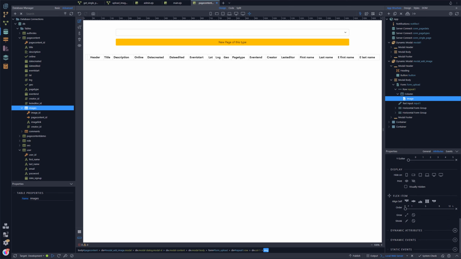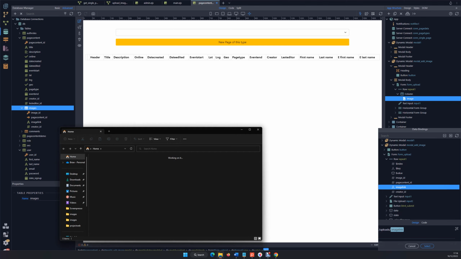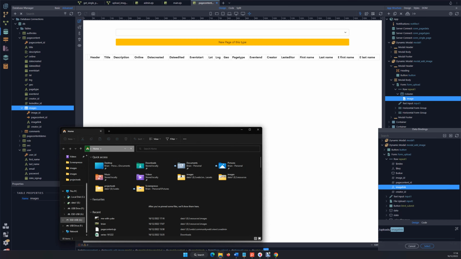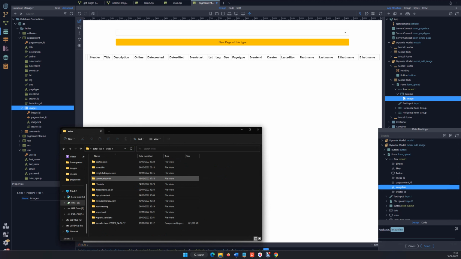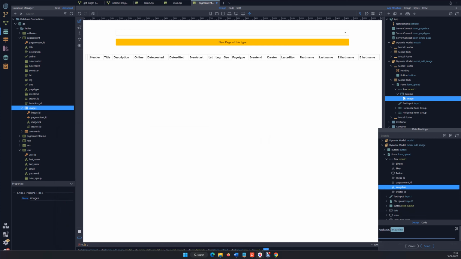So we're going to go into our dynamic attributes. We're going to be going into images, our image source, and we all know that the image source that's coming back is that image link. But we need to add the path to that, and that's just so easy to do. It's uploads. We'll just verify there exactly what we're doing, just so you can see for clarity. If we go into our public folder, you can see we need uploads, page images, and then the ID. So it's uploads, page images, slash,